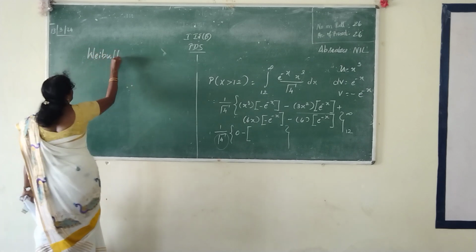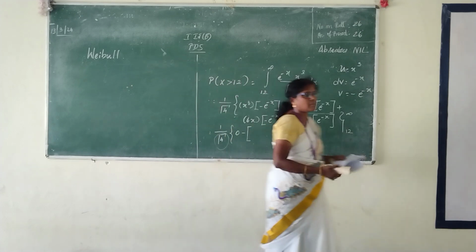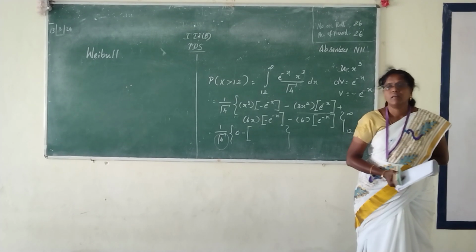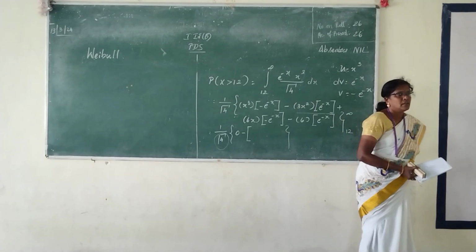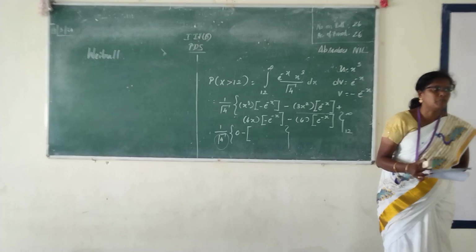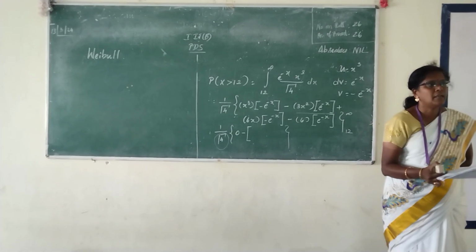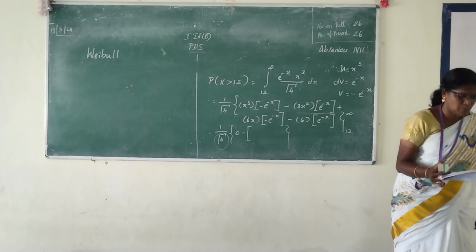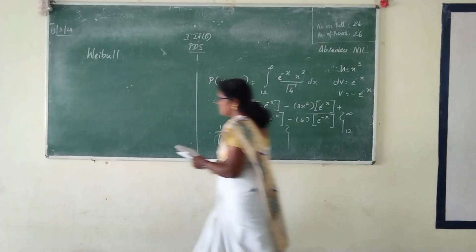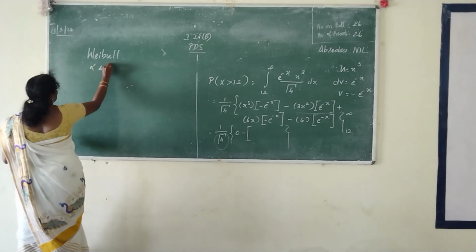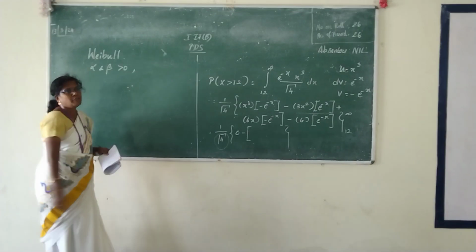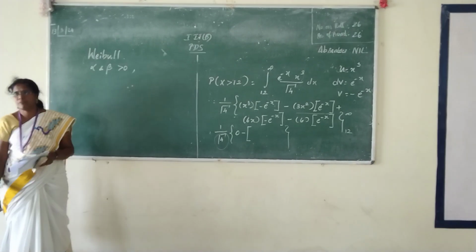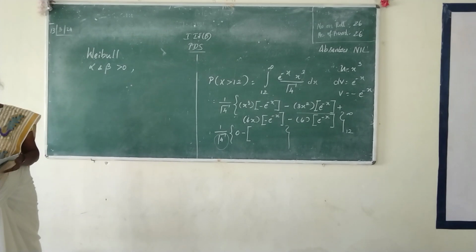A random variable x is said to follow the Weibull distribution with parameters alpha and beta greater than 0 if its PDF is given by